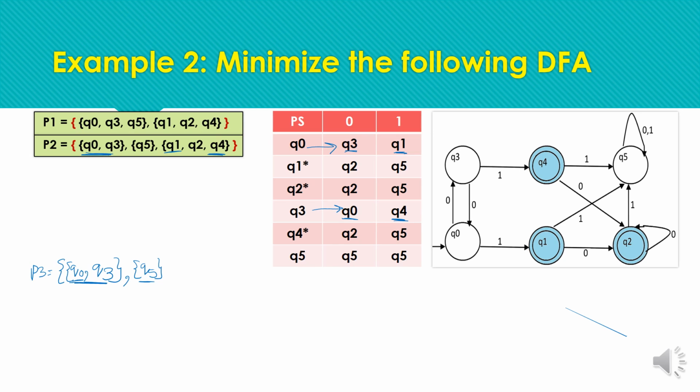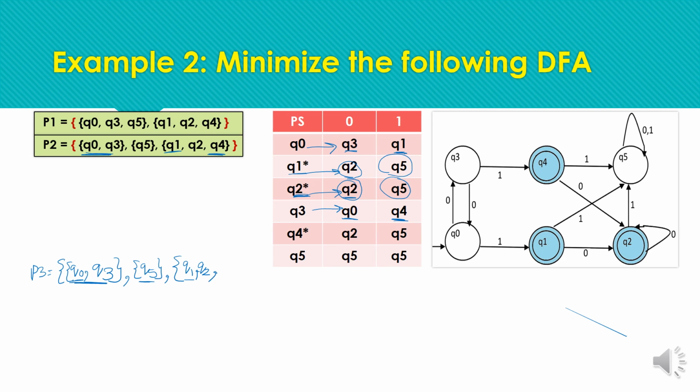Okay, now let's check the compatibility of the other group, that is the final states group. Checking for Q1, we are moving to state Q2, and from Q2 also we are moving to the state Q2. So from Q1 and Q2 we are getting the same state for input symbol 0. These two states Q1 and Q2 are compatible for input symbol 0, and also for input symbol 1, as we are having Q5 from both states. So yes, Q1 is compatible with Q2.